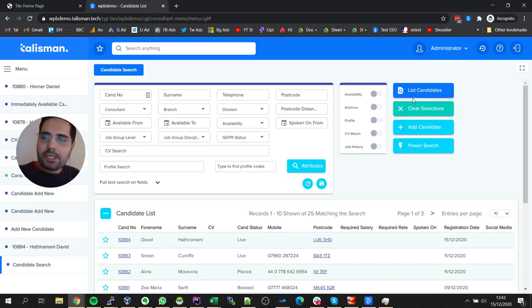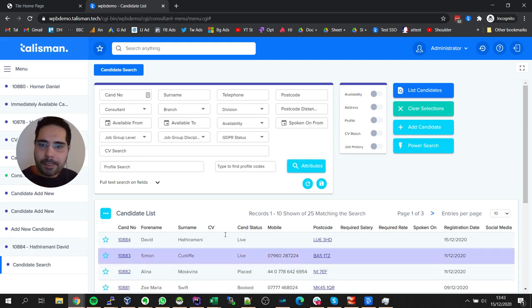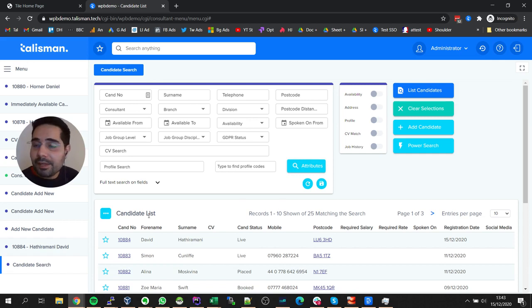Right, so I'm going to show you how to use the attributes button in the candidate search. Now the attributes button looks at what's in your candidate's records and gives you a few additional search options that might be quite handy for you. So firstly, I'll show you a candidate record, okay? And this will just give me a bit of context before I go to the search as to what it's